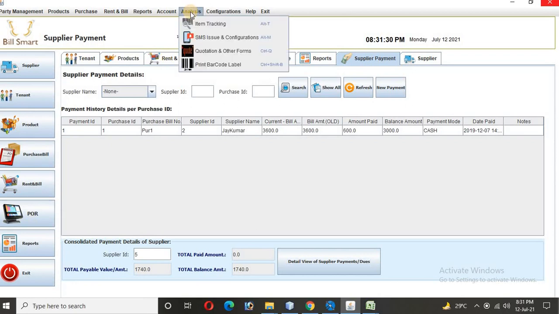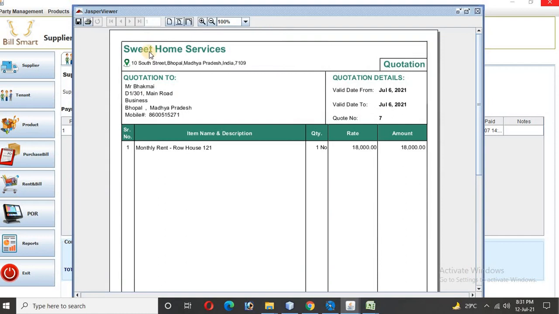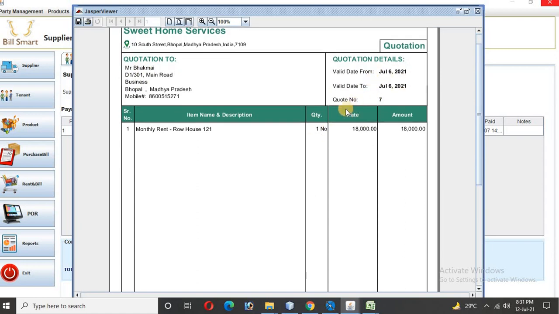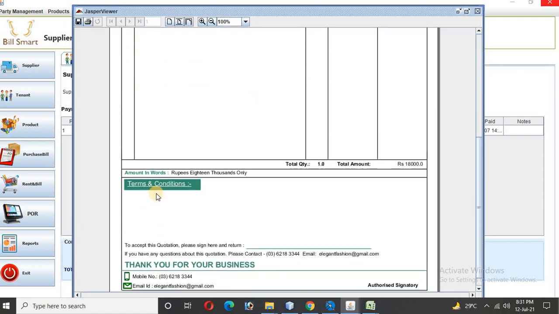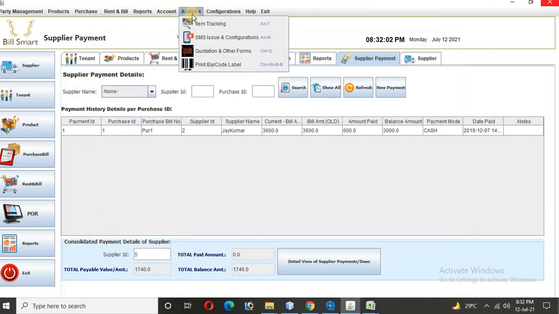Then what more to show you is the quotations in the software. So you can generate a quotation and give it to the customer. So I have already created a quotation and I'll show you a quotation sample. So these are all quotation samples. You can give it for some reason. So this is our company firm's name to Bakmahi, and then to Mr. Bakmahi, and then from which date to which date we are giving a quotation for what purpose, and then if there are terms and conditions which you can quote into the quotation. Yeah, estimate. So you can add up there into the quotation section. This is under analysis and quotations.